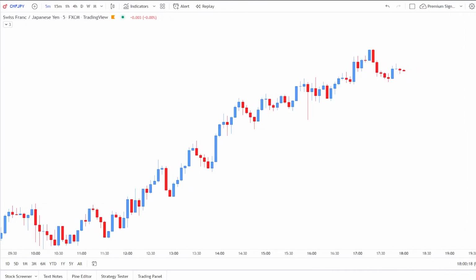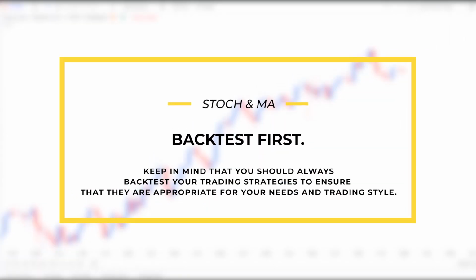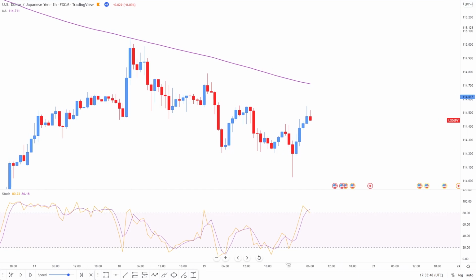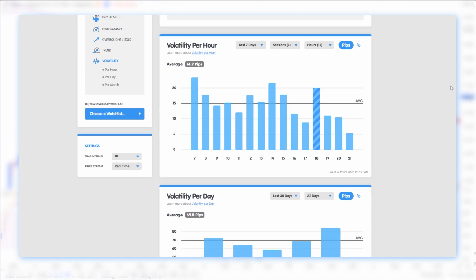Therefore, as I said in the beginning of the video, the default settings for the stochastic indicator are believed to be the most successful ones when it comes to trading, and actually traders hardly modify them. So let's put all of this information together in the chart. Keep in mind that you should always backtest your trading strategies to ensure that they are appropriate for your needs and your trading style. I have the USD JPY currency pair, and if you ever consider scalping,